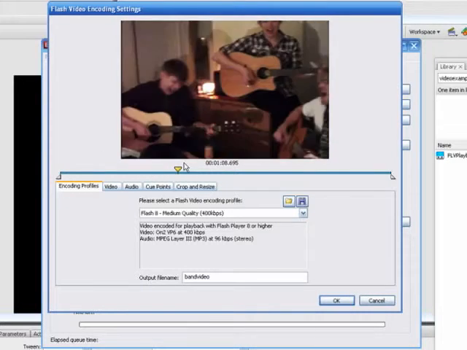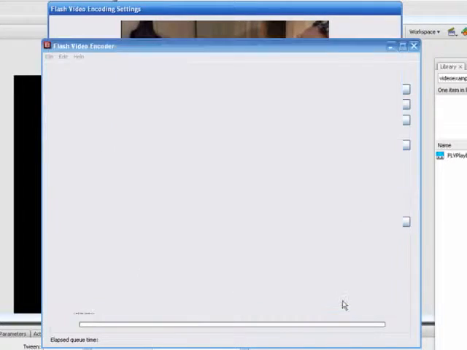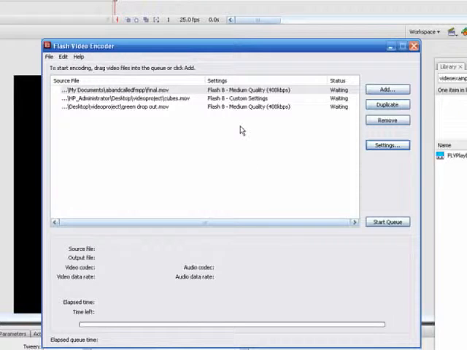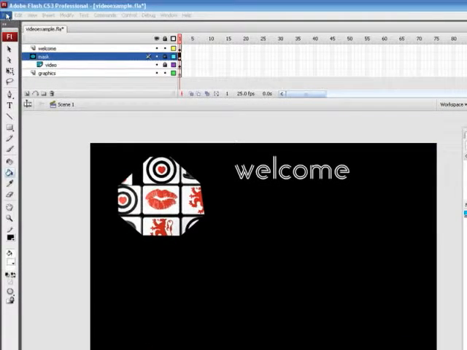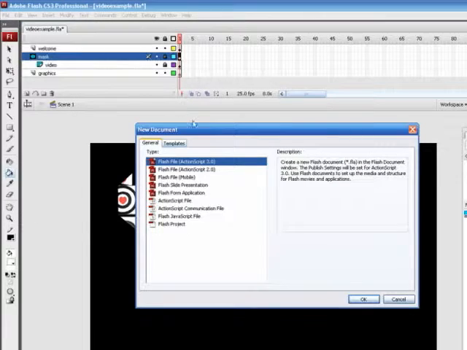As you can see, you can scrub along. But the beauty of it is that you can set a whole heap of movies there to encode, start the queue, and the queue will start outputting FLVs. And once you've got your FLVs, you're probably wondering how then you bring those straight into Flash. Well, like I said earlier, there were two ways of bringing video into Flash. Let's just create a new document,